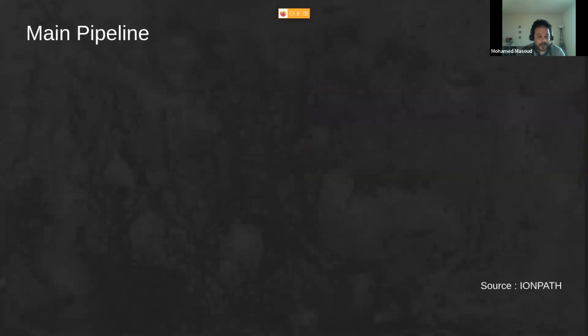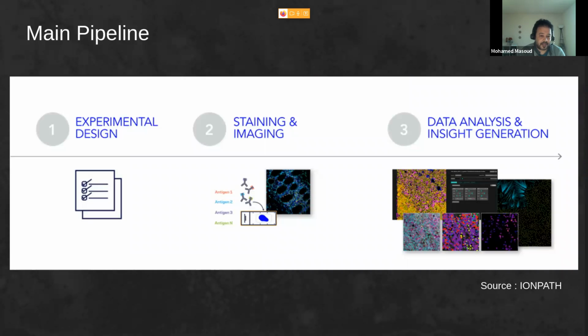The pipeline here, in general, begins with an experimental design.